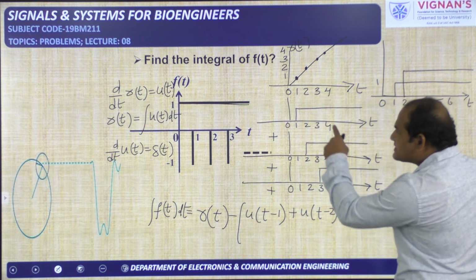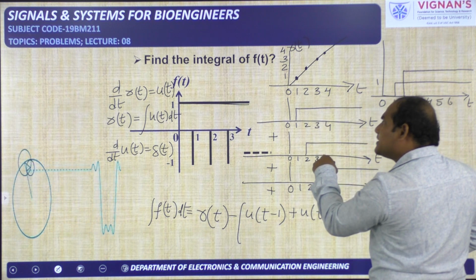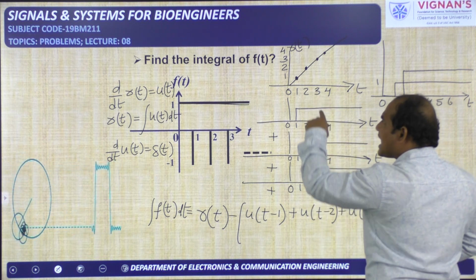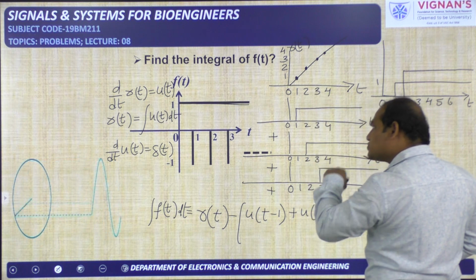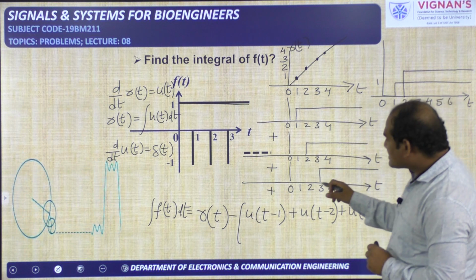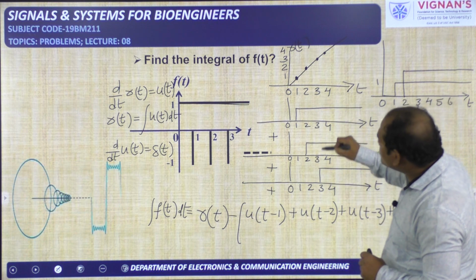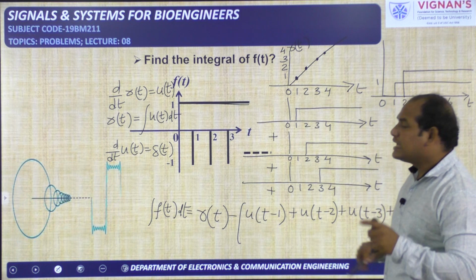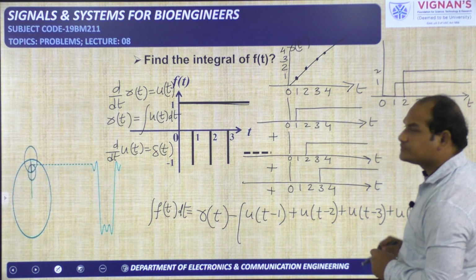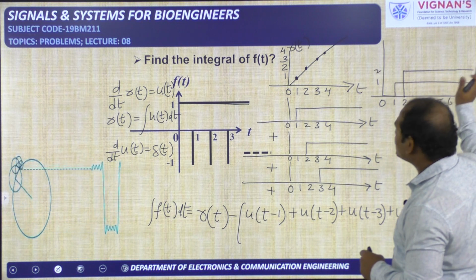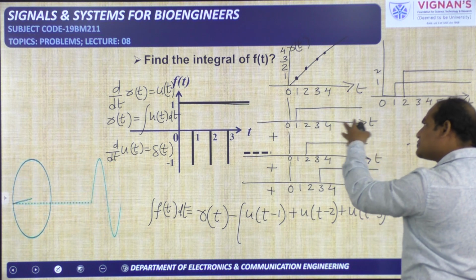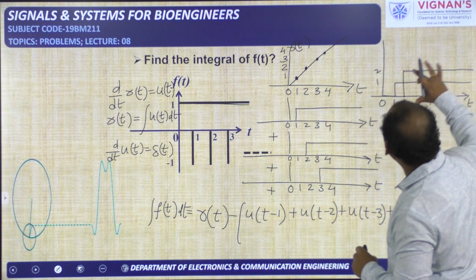Next, this signal and this signal both have the amplitude 1 from 2 to 3. When t is changing from 2 to 3, u of t minus 1 has the amplitude 1 and u of t minus 2 also has the amplitude 1, not the rest of the signals. This signal starts at t is equal to 3. So only these two signals have the amplitude of 1 from 2 to 3. That is 1 plus 1 will become 2 from 2 to 3, and so on. Okay, 3 to 4, 4 to 5, 6 to 7, like this, these two are having like this. So if you add these two signals, you will get like this.